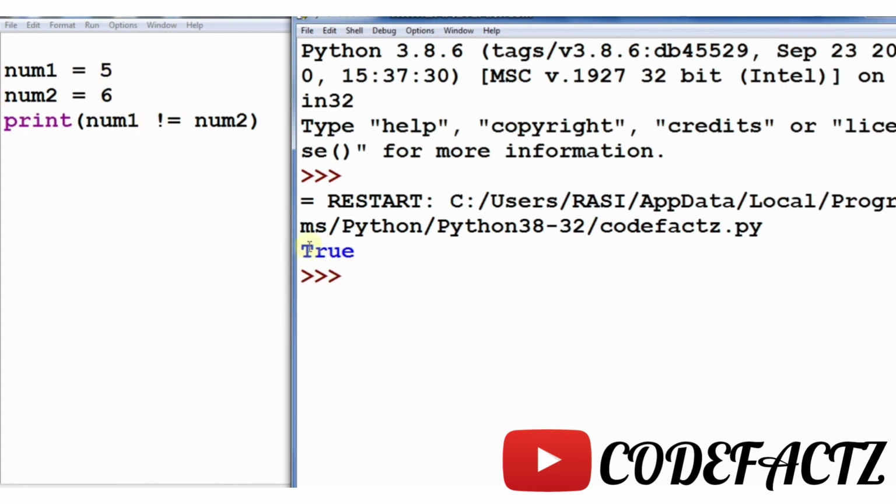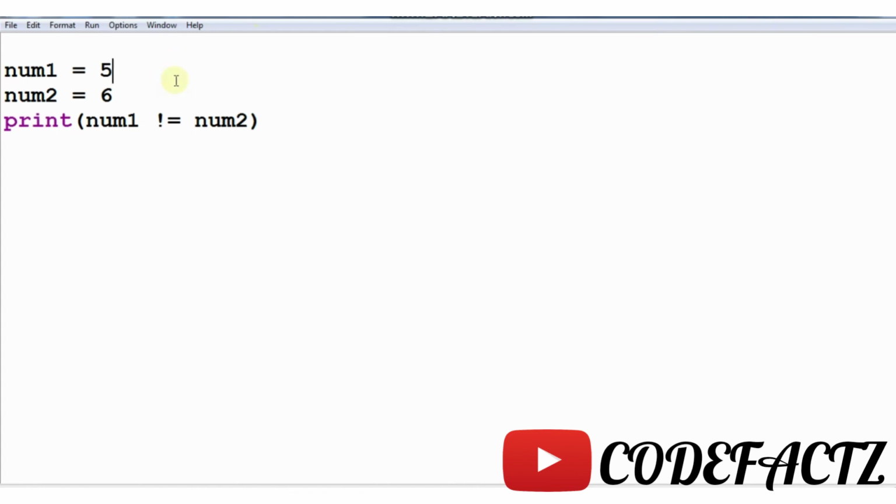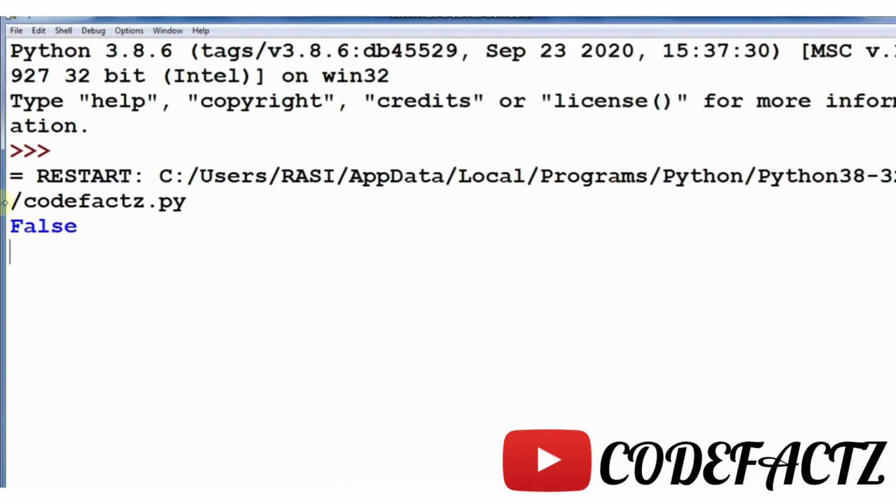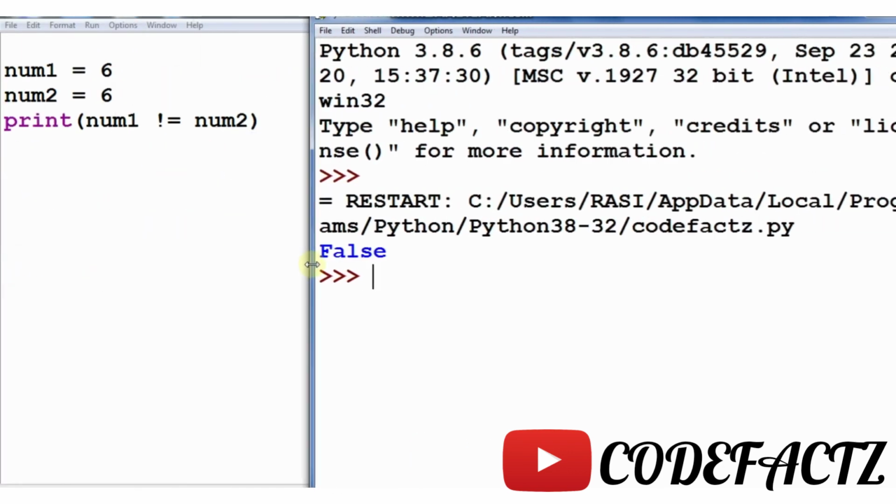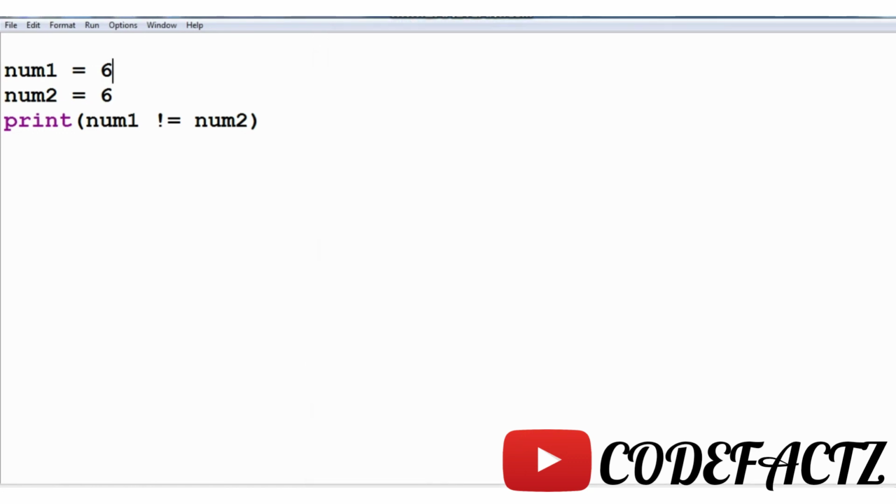So the output is true. If I change the num1 value into 6 means the output is false because both the values are equal. So the output is false. So this is how all the 6 relational operators work.